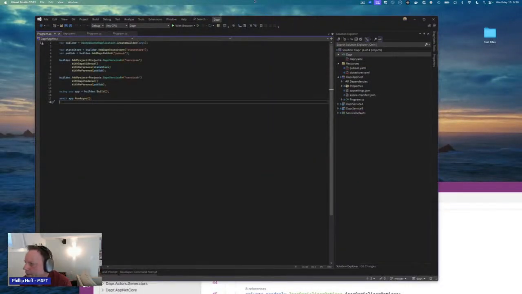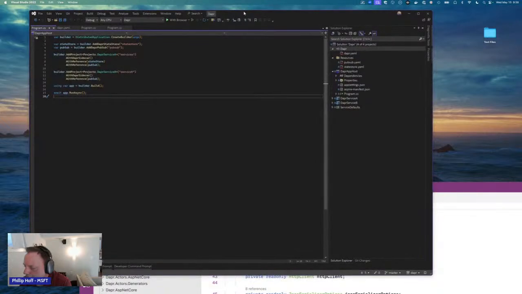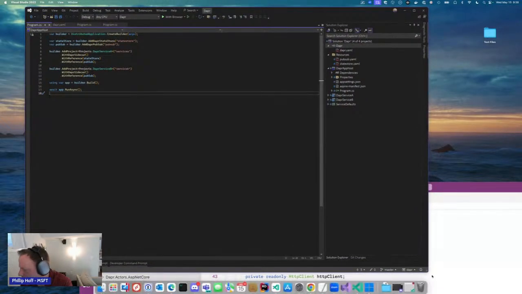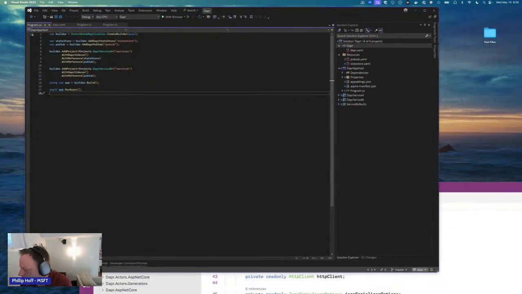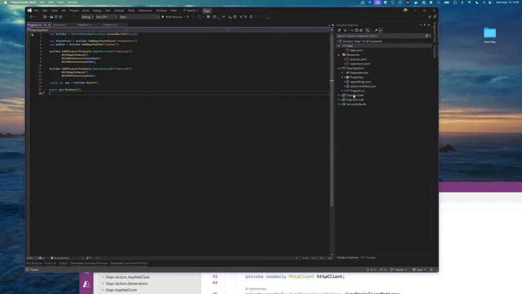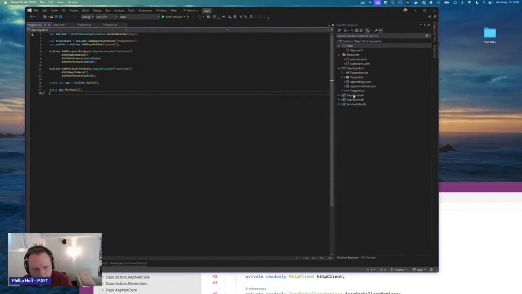All right, I've got an application solution open that makes use of Dapr. It's one that I've used in a number of different places. It's a very basic application. You've got service A, which talks to service B through service invocation. It caches the results of those calls that it makes to service B in a Dapr state store